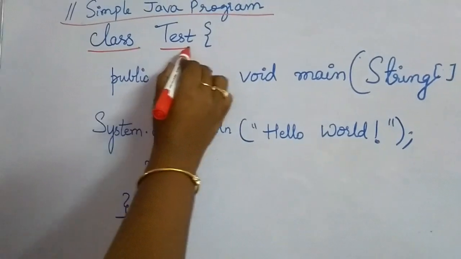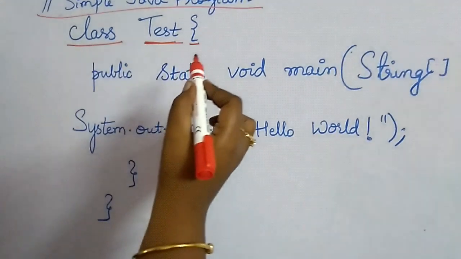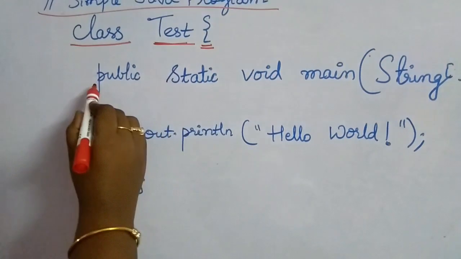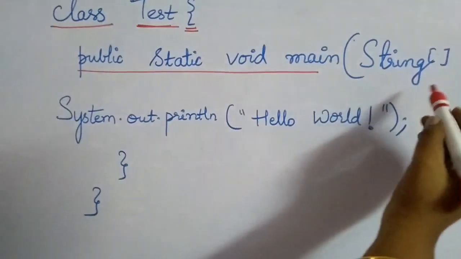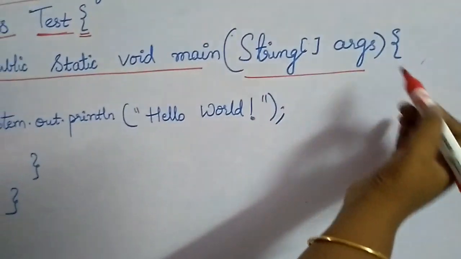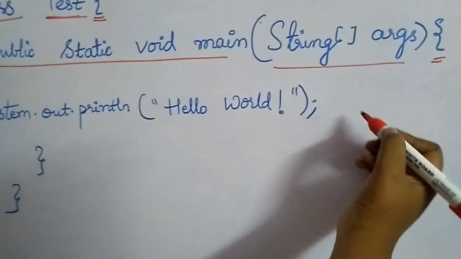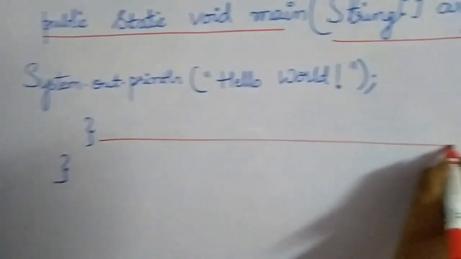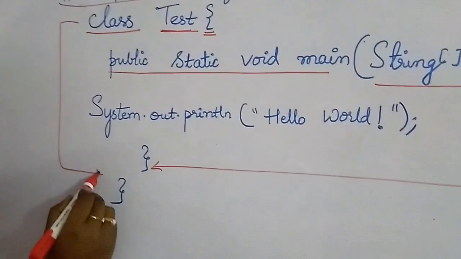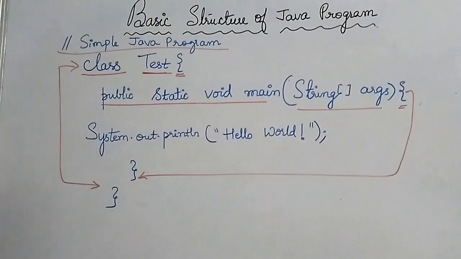And then this is the name of the class. The name of the class is test, and from here the definition of the class starts. Inside this class I have written public static void main, which is taking an array of instances of the String class as input. From this open bracket the definition of main starts, and the main ends over here. Then the class definition ends over here. This is a very simple program, and we'll try to bisect it and see what is what.